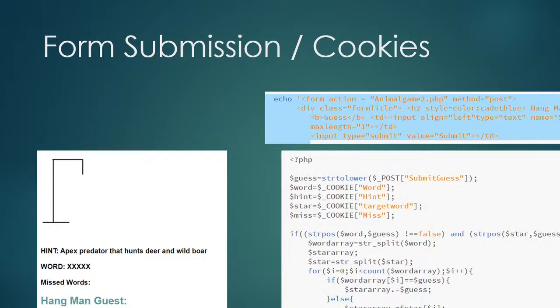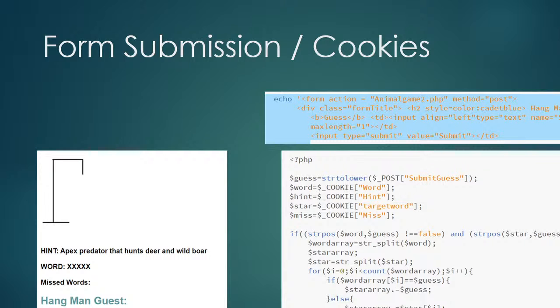In the bottom left, you'll see that hint that I was talking about. In this case, it's the apex predator that hunts deer and wild boar. Below that, you'll have the word, which gives you an idea of how many characters it has, and it hides the word. At the bottom, you'll see the guess and submit. This is where you input the character, and in the code in the upper right,